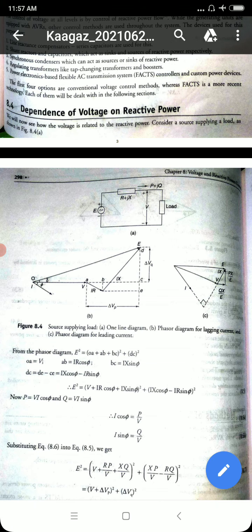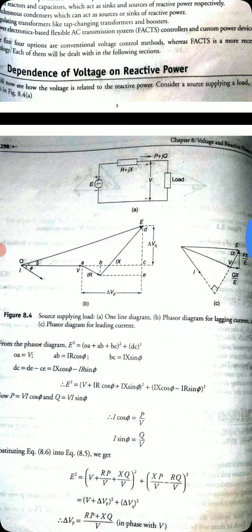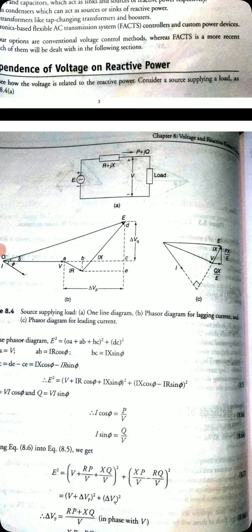Different notations you can see there, and I have marked A, B, C, D, different points. The angle between the receiving end voltage, that is the load voltage, and the EMF generated from the source, the difference between those two, is delta. In the second figure, figure C shows the current if it is leading, how exactly things happen.